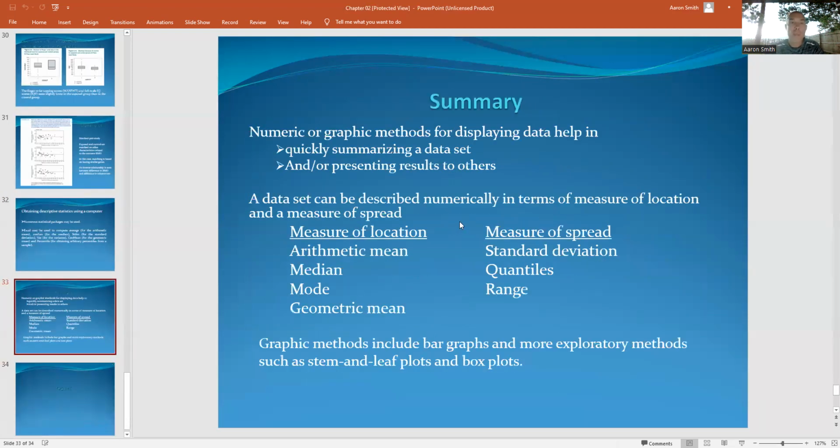All right, so the 2 big things to walk away with. Measures of location tell me where the center of my data is. Measures of spread measure how spread out my data is. Measures of location: the arithmetic mean, the median, the mode, though I never use mode. And then the geometric mean for special situations. Measures of spread: standard deviation,